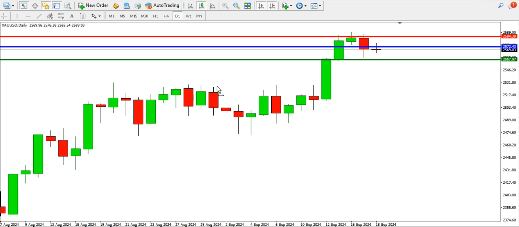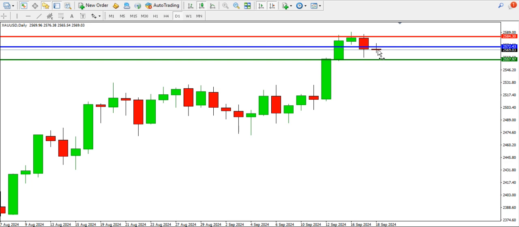Today we'll be looking at how we can scalp gold on the smaller time frames. But before we go to the smaller time frames, we're going to look at what has happened on the higher time frames, and I'll be starting with the daily time frame using pivot analysis. Now the pivot line is at 2572.43. Price opened